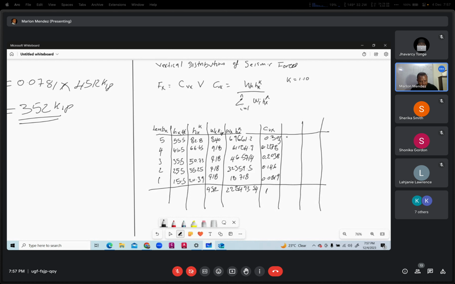This now is where you would apply the Fx equation to know what is the vertical distributed load, which is Fx, and we know what Fx is equal to, which is Cvx, and this is now equal to